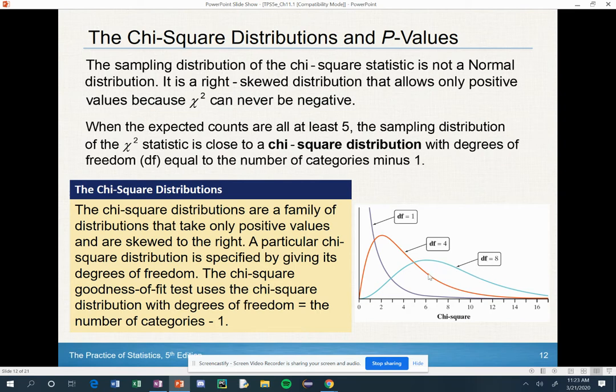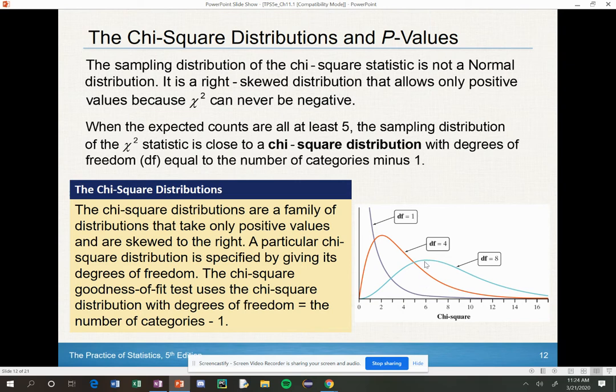And I really want you to notice one more pattern, which is very difficult to see. If you take the degrees of freedom and subtract 2, that is where the apex of the curve is going to be. So in this case, if the degrees of freedom is 8, 8 minus 2 is 6, that's where